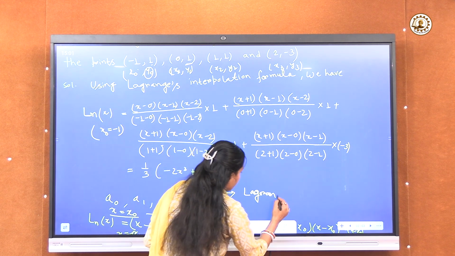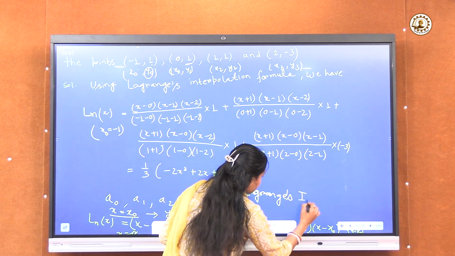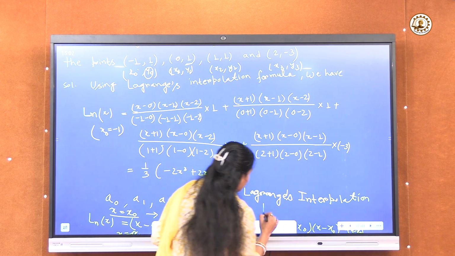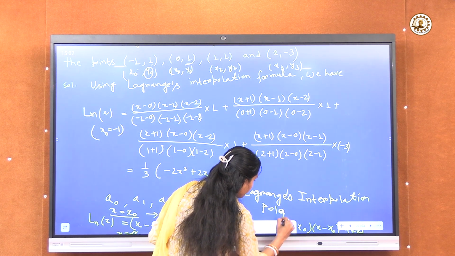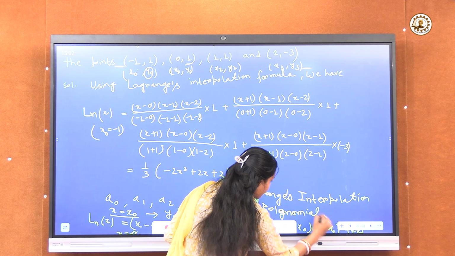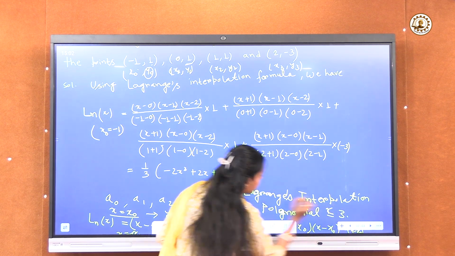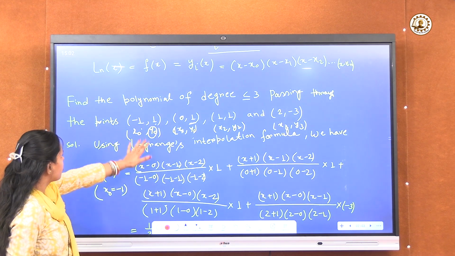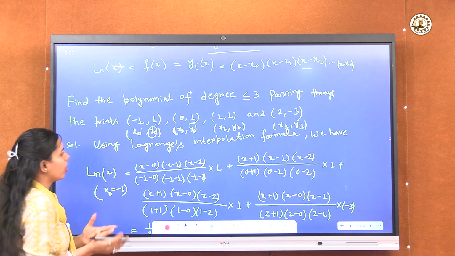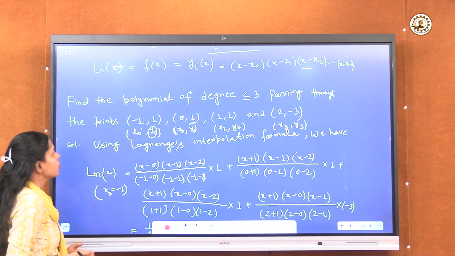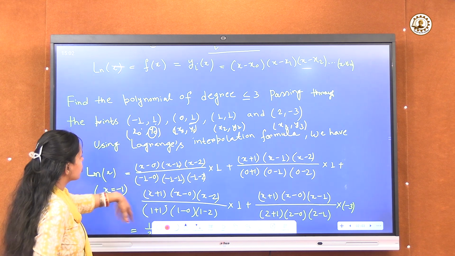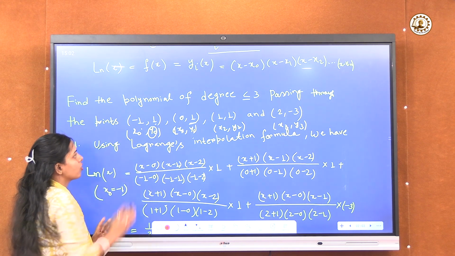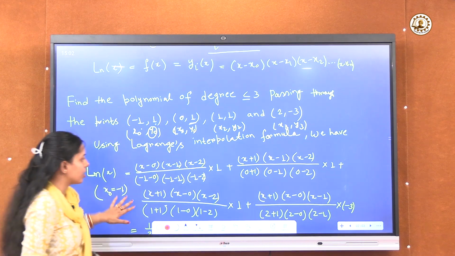This is Lagrange's interpolation polynomial, of degree less than or equal to 3. By this process we find a polynomial of degree less than or equal to 3 or less than or equal to 4, whatever is given in the question. How to find it? We apply Lagrange's interpolation formula, and here the points are not necessarily equispaced. So our result becomes